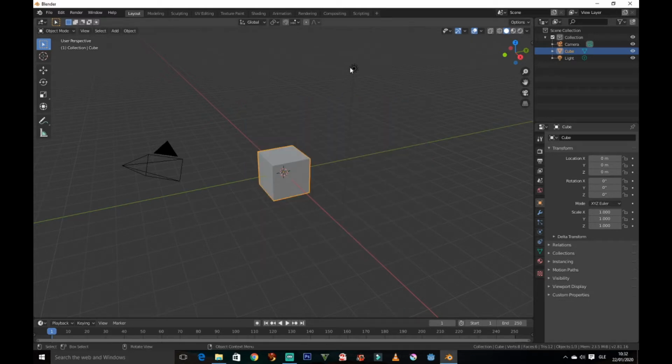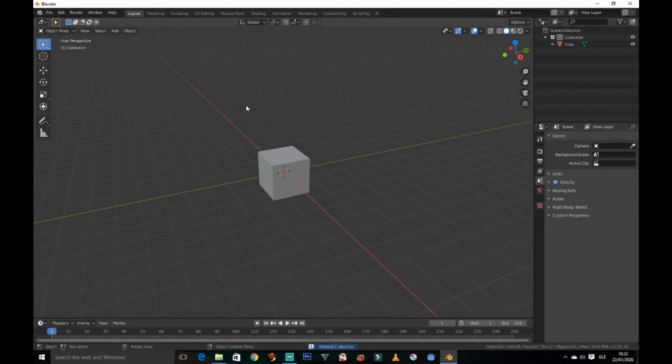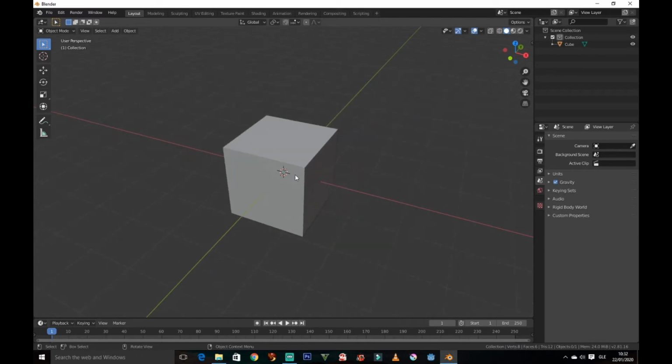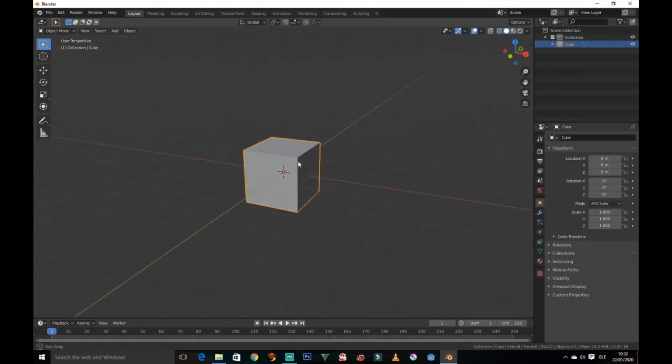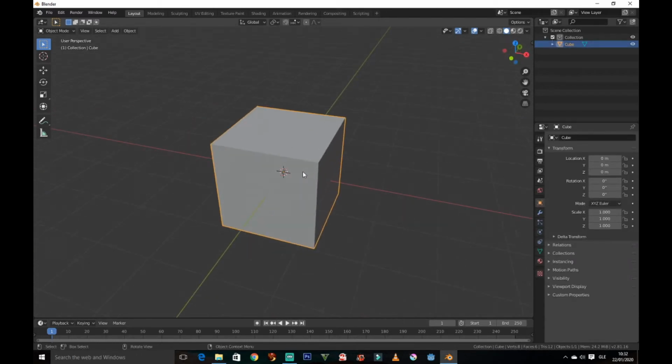Now, I don't need my light and I don't need my camera, so I'm going to click my light and shift select my camera. I'm going to press delete on my keyboard and delete out the light and the camera because I don't need them for the moment. I'm just left with my default cube. So I have my default cube here, and this is what I'm going to use to show you guys the